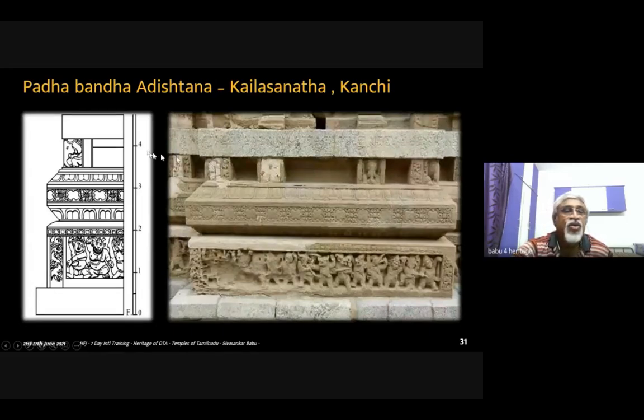Now it comes to the topmost member. Again, there is a granite slab which goes all the way up. This is technically the floor of the Vimana. So that is again in granite to take the load of the pillar and forward. So it is a mix of multiple types of stones to ensure structure. This is the engineering part.